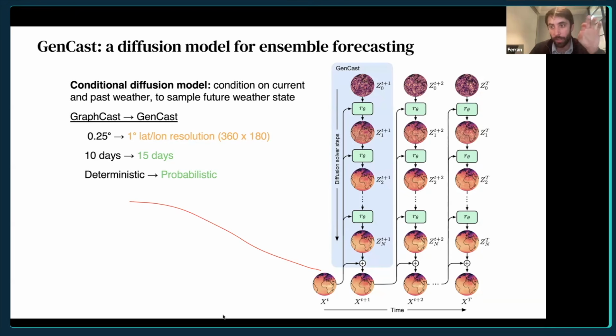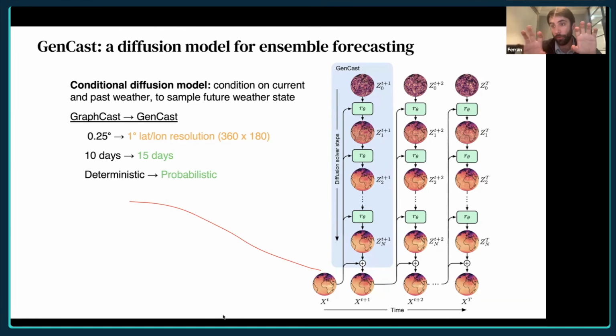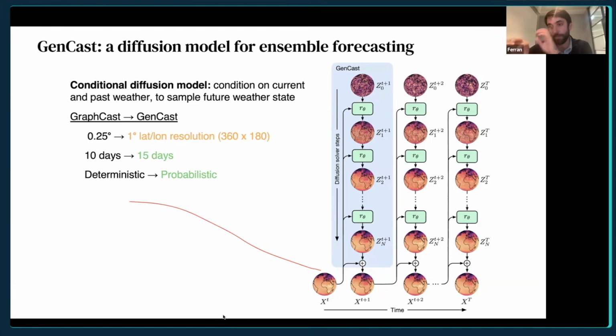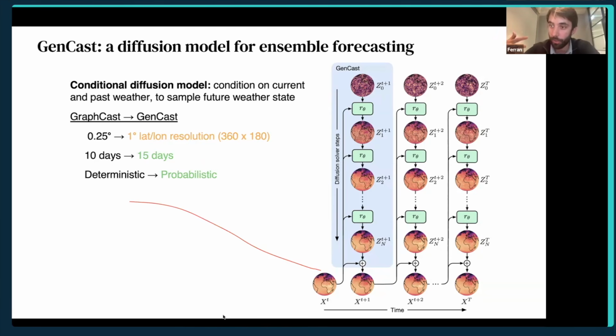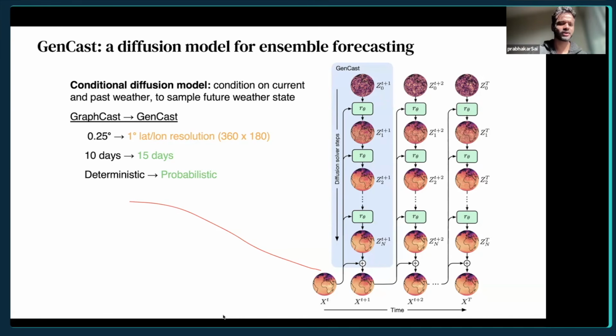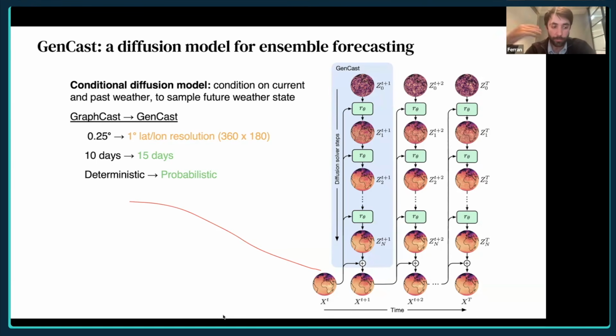So same here, we take the weather today, and the diffusion process is going to give us a single sample of the weather tomorrow. Then we take this sample, and then we get a sample for the weather 2 days from now, and so on and so forth. But it's all samples. You get the uncertainty by getting more number of samples and looking at the distribution. Yes. If you want more exact, you can go much further.